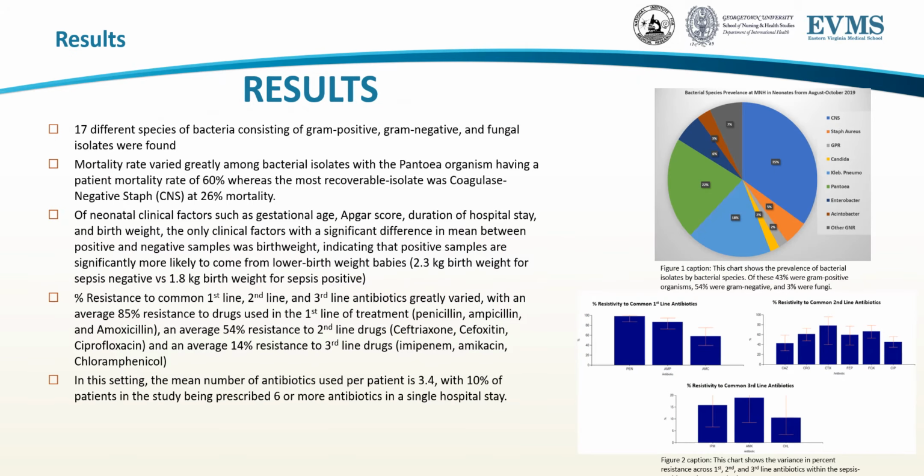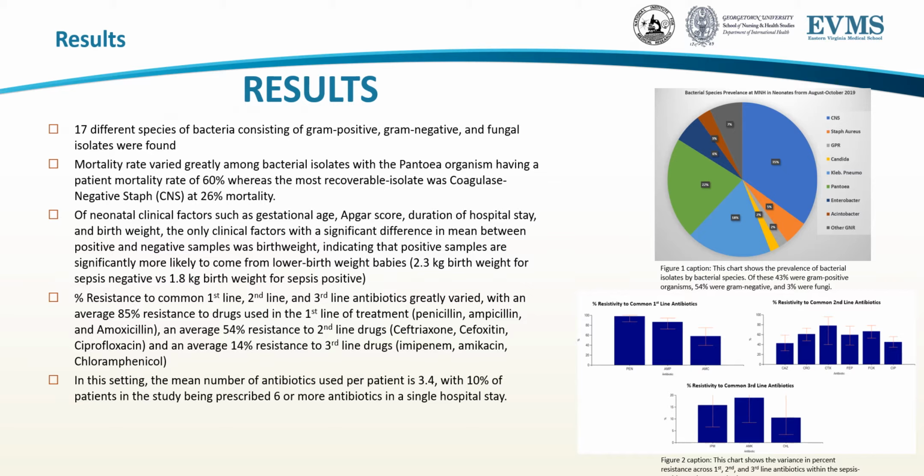Of the 104 sepsis-positive blood samples, 17 different species of bacteria consisting of gram-positive, gram-negative, and fungal isolates were found. The mortality rate varied greatly amongst these organisms, with the Pantoea organism contributing to almost 60% mortality, whereas the most recoverable was the coagulase-negative staph with 26% mortality. Of the tested neonatal clinical factors, the only one where there was a significant difference between the averages of positive and negative samples was birth weight of the baby,